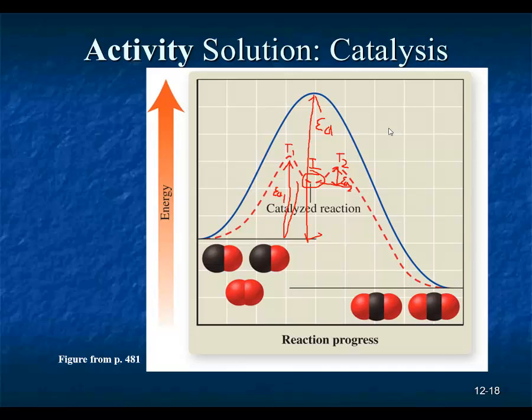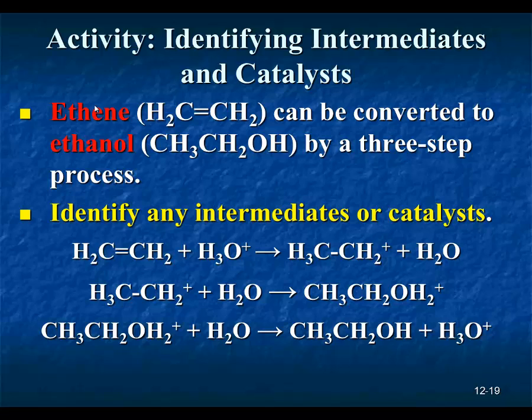Let's try one more time, seeing if we can identify any intermediates or catalysts present in a chemical reaction. Let's consider ethene, a hydrocarbon with 2 carbons with a double bond between the 2 carbons, as it's being converted to ethanol. So ethene is the following molecule with a double bond between these 2 carbons. Ethanol is also known as grain alcohol or drinking alcohol, CH3CH2OH, and it goes through a 3-step